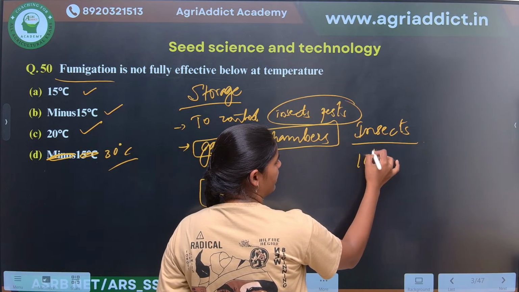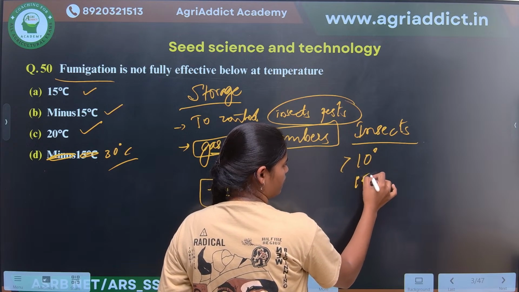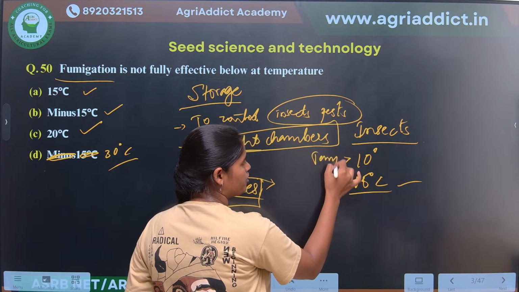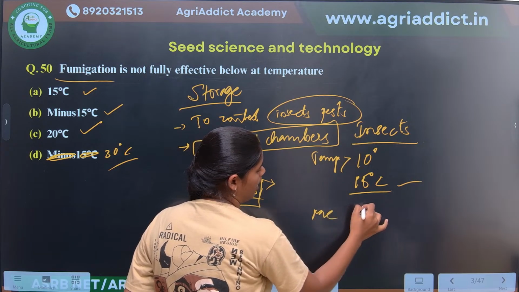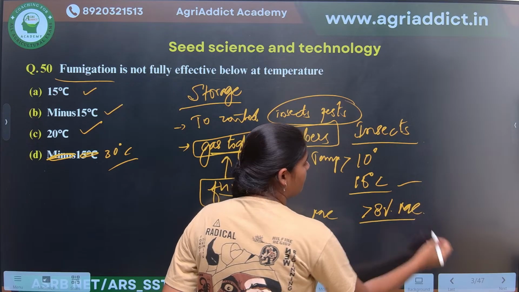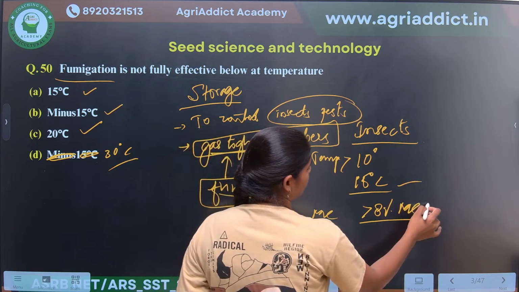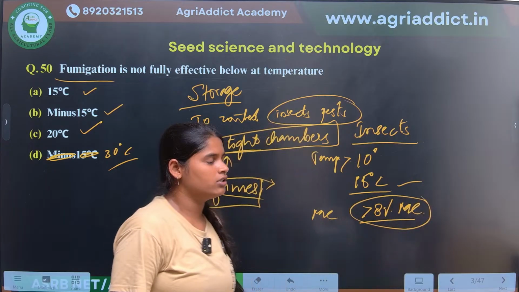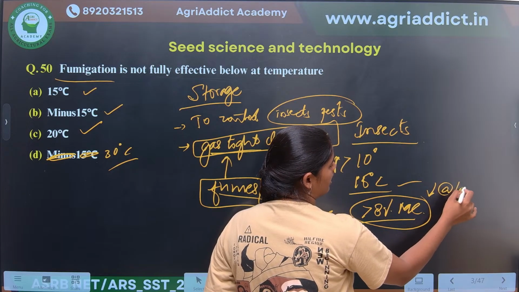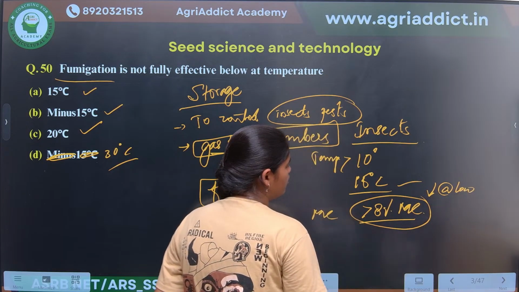Usually above 10 or 15 degrees they are effective, and if it comes to moisture content, above 8% moisture. That is why we are keeping seed in a store at a low moisture content as much as possible. So